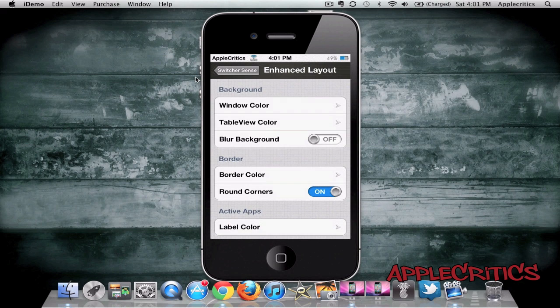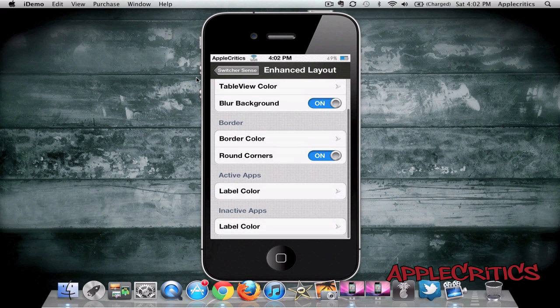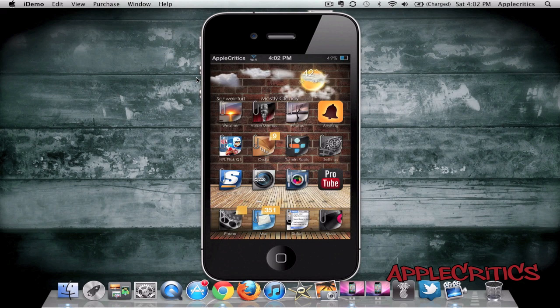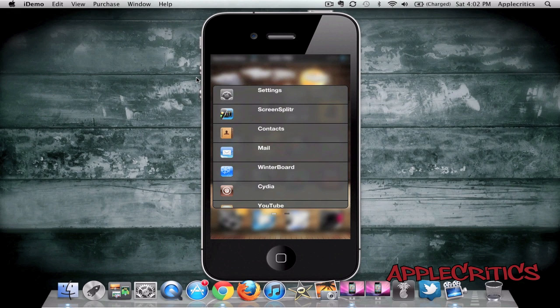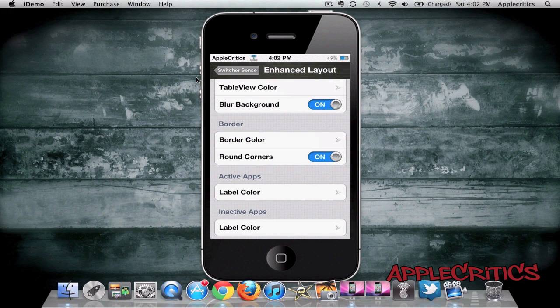So I can customize the window color, the table view, the blur background. So say for example, if I want to turn that feature on, and once the background is blurred, here's how it looks. It adds a more professional feel to it, and it just makes it much different. So all you can see is the multitasking as the main feature, and that's what you can do. Now once I disable Switcher Sense,